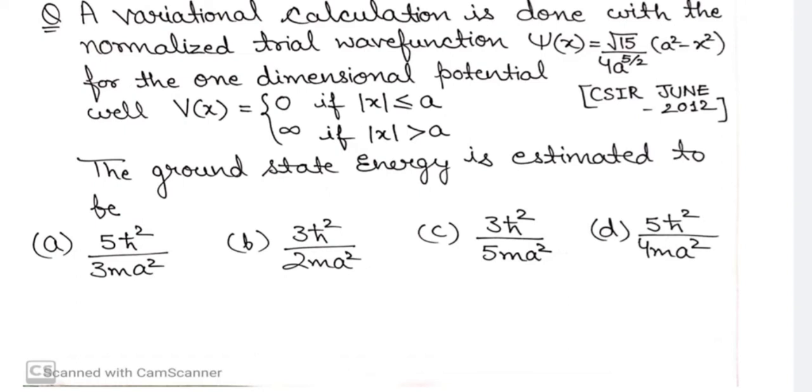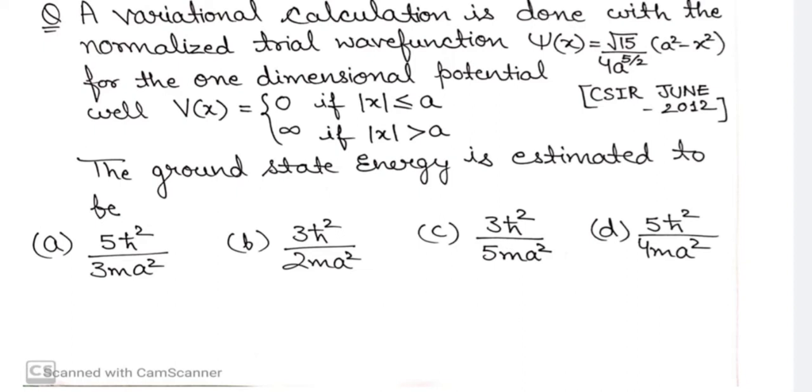As we talked about in the previous video, where I introduced this method along with the procedure and steps, I told you about the variational parameter. When you focus on this trial wave function, you will find that A is present here. This A represents the variational parameter or variational constant, and you can see it is present in the options too. I discussed 4 steps in the previous video. Sometimes you have to do all 4 steps, but sometimes just the first 2 steps give you the answer. In this question you will get the answer with only the first 2 steps.